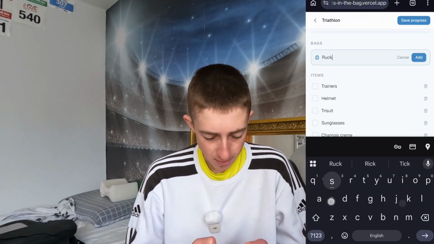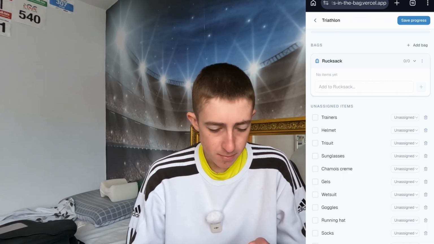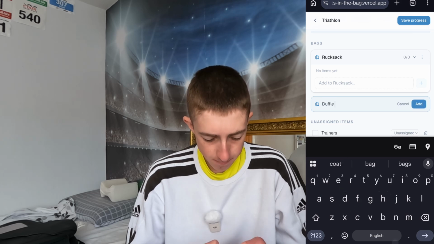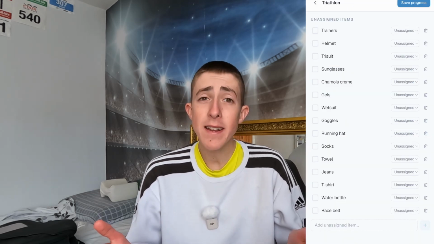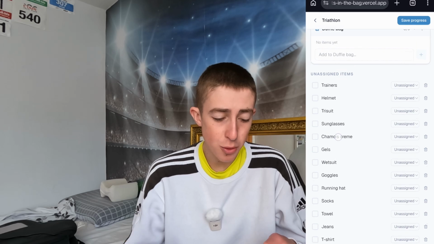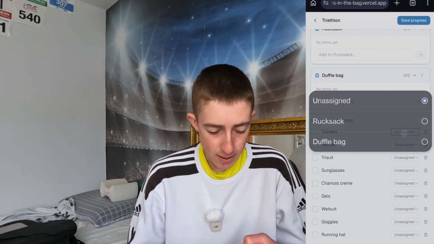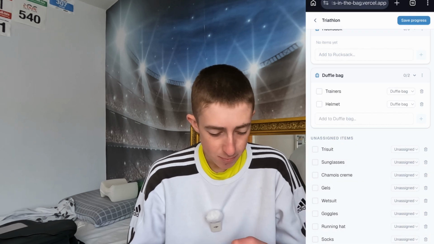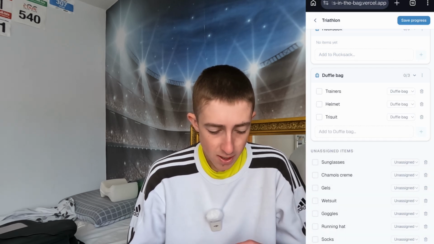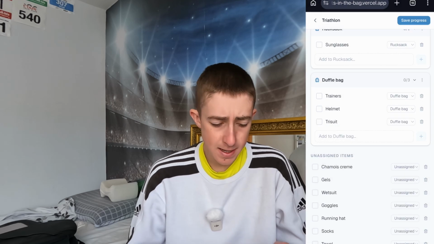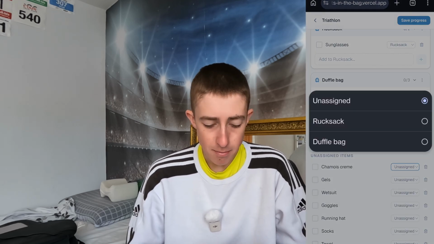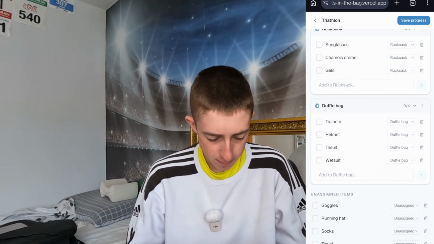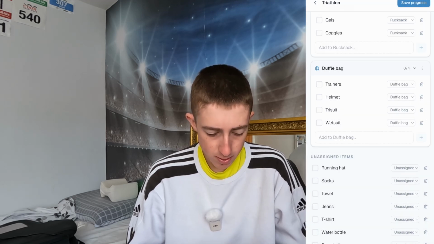So for this one, I'll just add a couple in. We'll do rucksack and then also duffel bag. From here, the items can now be assigned to those bags. So say in the duffel bag, we'll put our trainers in there, helmet in that one, it's quite a big item, tri-suit in that one as well. Sunglasses we'll probably put in our rucksack, chamois cream, yep, backpack as well, gels, yep, wetsuit, duffel bag, goggles, rucksack,